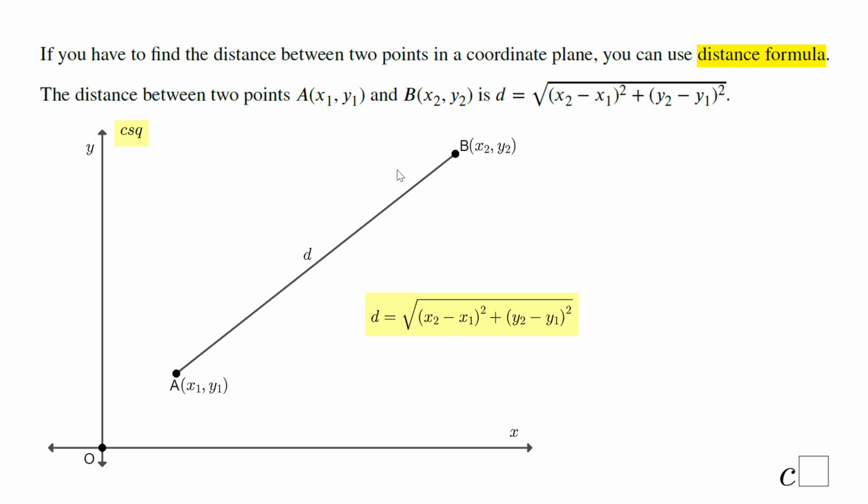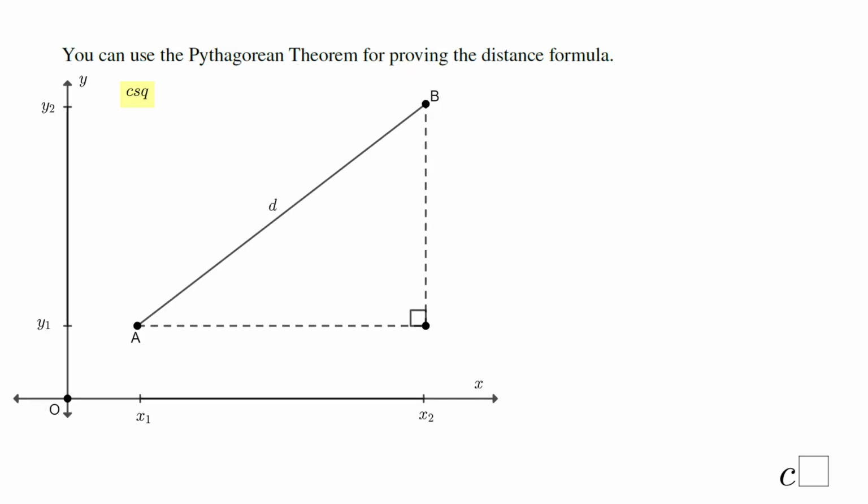In this lesson we'll talk about the distance formula, which is the formula that allows you to find the distance between 2 points in a coordinate plane. You see the distance formula right here, and you notice it has a sum of two different squares, x2 minus x1 squared plus y2 minus y1 squared, and then take the square root. You notice these are the coordinates of point A, x1 and y1, and the coordinates of point B, x2 and y2. You can prove this formula using the Pythagorean